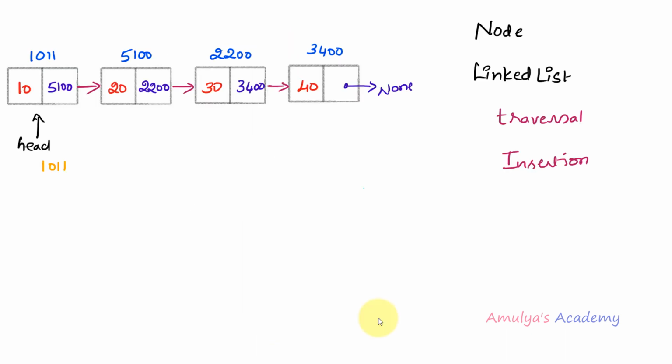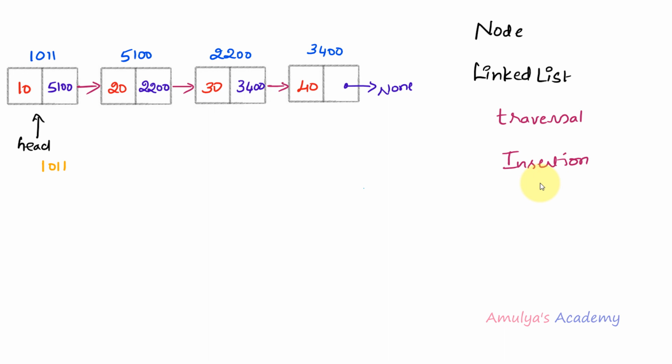Alright, so we have here a linked list which contains 4 nodes, and this is the first node. In the program we already have the node class, the linked list class, the traversal method in the linked list class, as well as the insertion methods. Here we have add begin, add end, add after, and add before, 4 methods for the insertion operation. The links of all the videos are in the description box. You can go and check that.